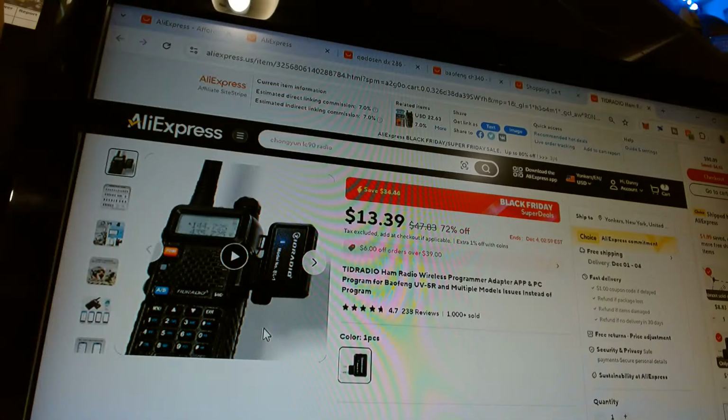But I'm sure there got to be a few repeaters here that I can connect on that. That would be pretty cool. The 1.25 meter band, 200 to 220 megahertz. So that's another band that I can connect to.